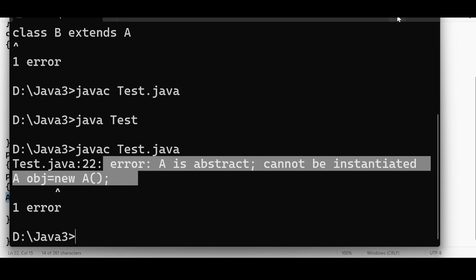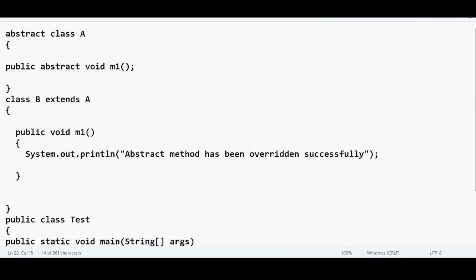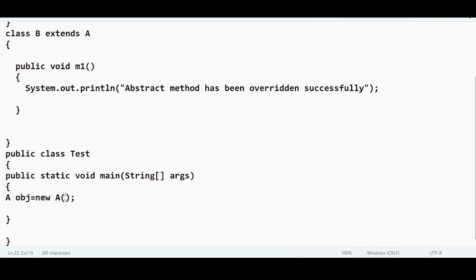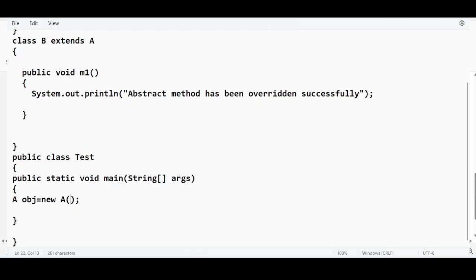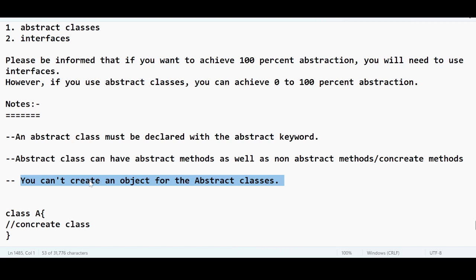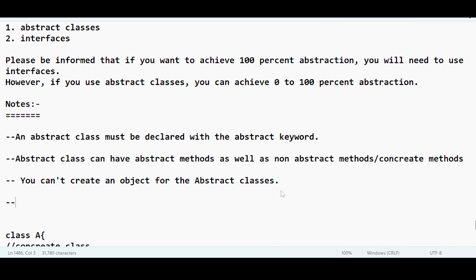You cannot do this, but you can achieve this in some other ways. For now, try to understand. Try to take this point, try to digest this point. You cannot create an object for the abstract class. Third point. Okay. Fourth point, you can have